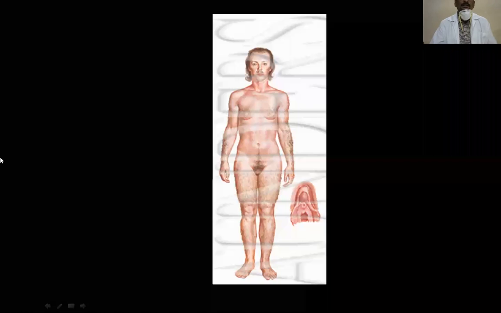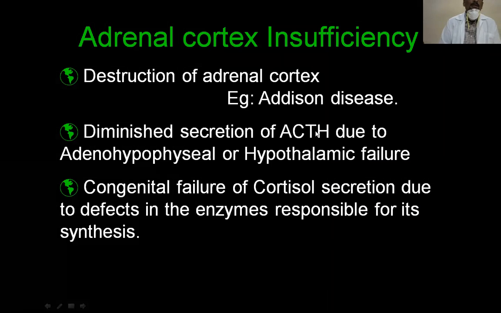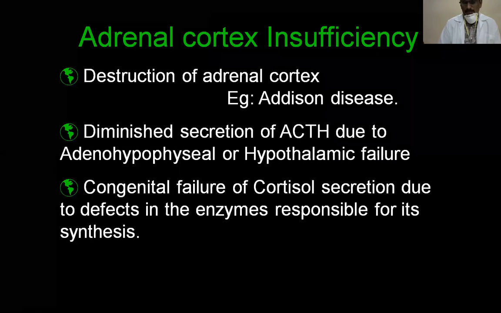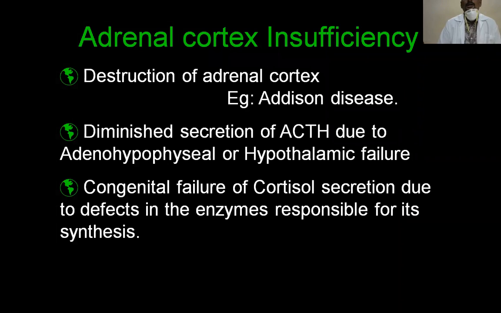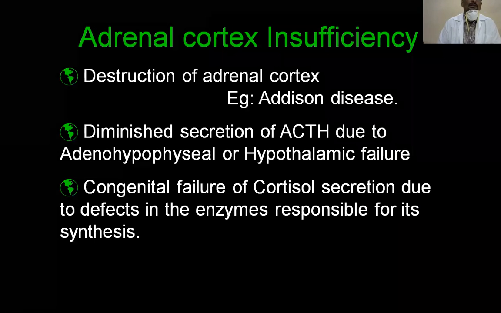Body hair, increase in body hair growth in female virilism. Now, whenever there is an adrenal cortex insufficiency, this corticoid hormone becomes less, and it leads to a condition called Addison's disease. So there is an inability to secrete from the adrenal cortex, and/or it can be due to diminished